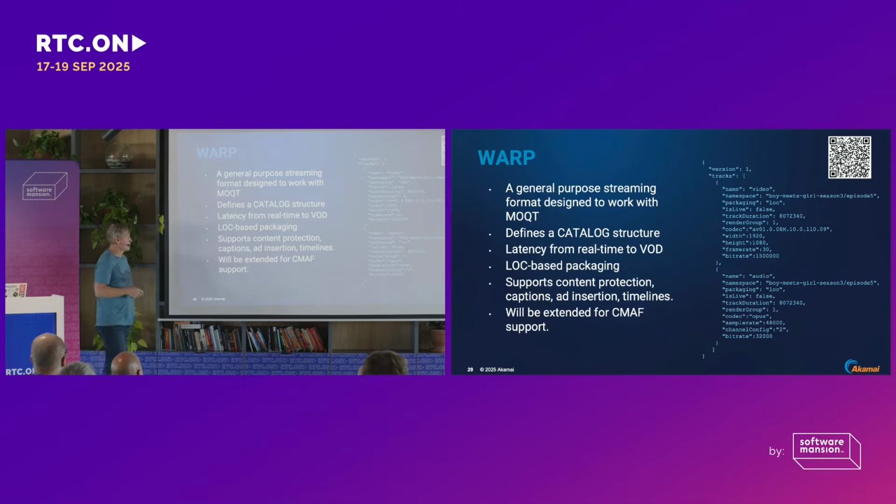We're publishing this right now. This supports a container format called low overhead container. It's a very lightweight container for moving audio and video. We have another draft called Carp. It's a terrible name, it's a fish, but it's just a CMAF version of Warp. And that's the one, there's a lot of CMAF-based content in the industry today, and I can take content from HLS or Dash and just repackage it for MOQ transport.